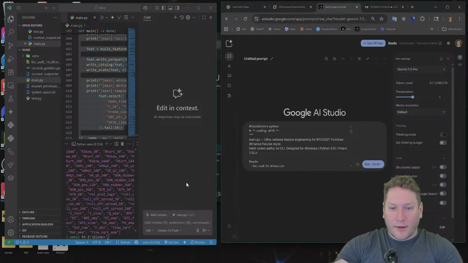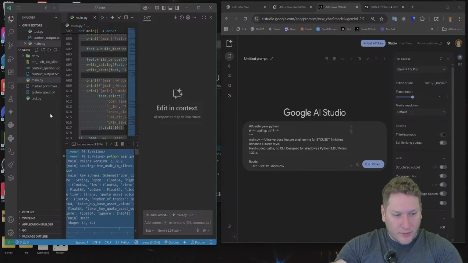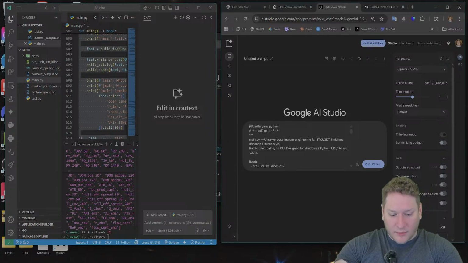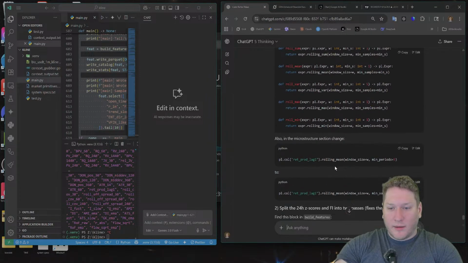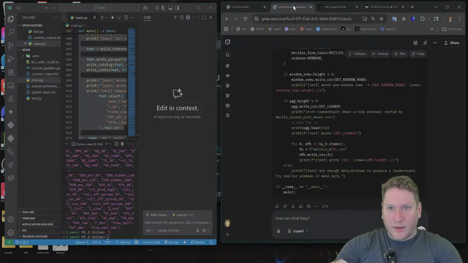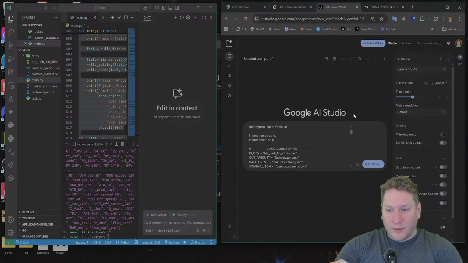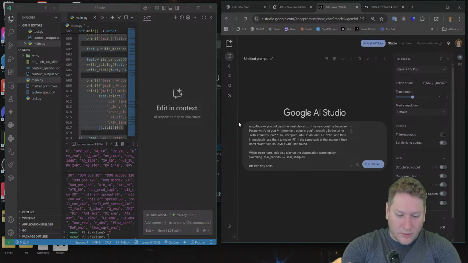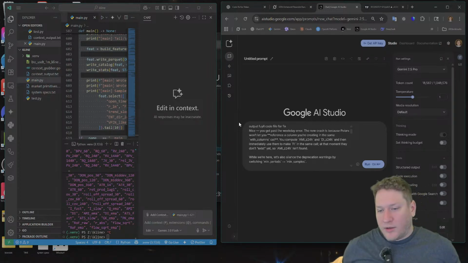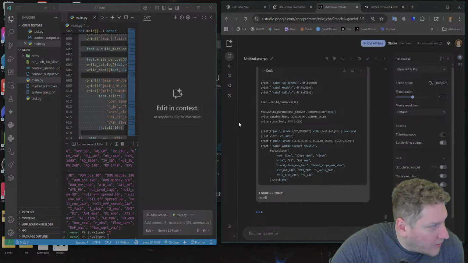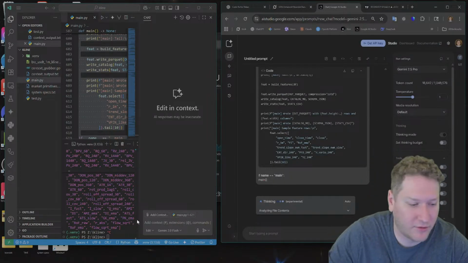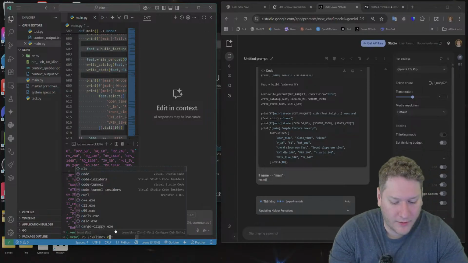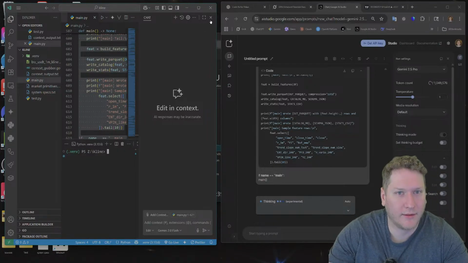Maybe we can do that. Just get the full code file quicker than I would with GPT-5. Give it all the data.